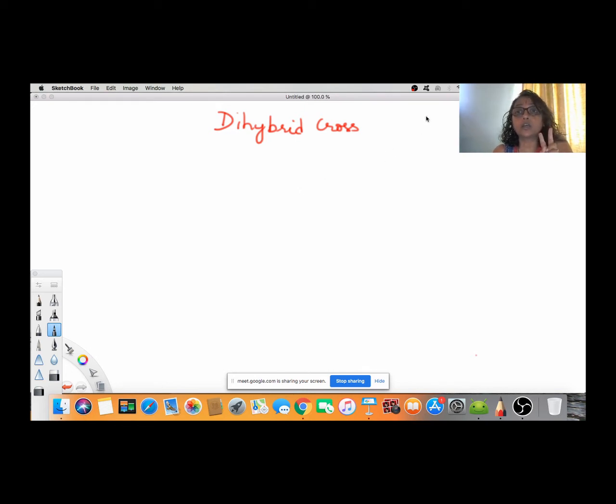Now we are talking about the garden pea, which was the plant taken by Gregor Mendel for his inheritance experiments. We have already done the monohybrid cross, which has a ratio 3:1. Now today we will study the dihybrid cross. The example is still garden pea. There are 7 contrasting characters.